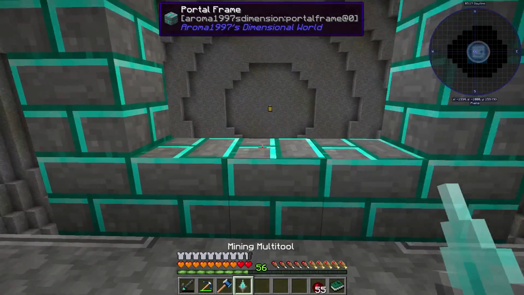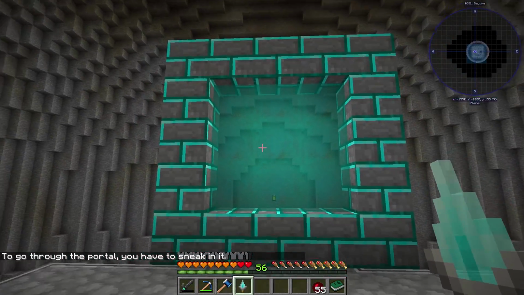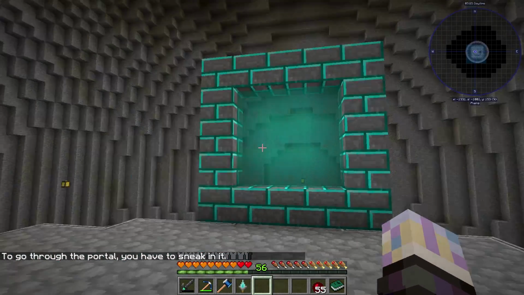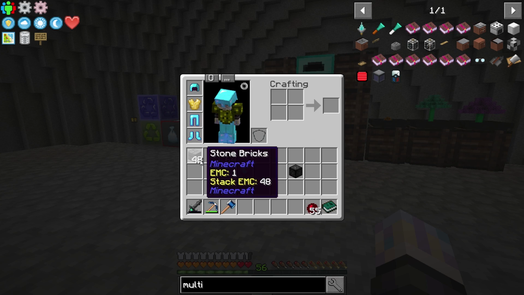I'll end up moving this portal. I'm just going to set it here for now. You just right click on the portal, and bam, you actually have a portal. These are just the portal frame blocks. And yeah, we can go into the mining dimension. We're going to actually get some stuff first, I think, though. We're going to want some kind of...